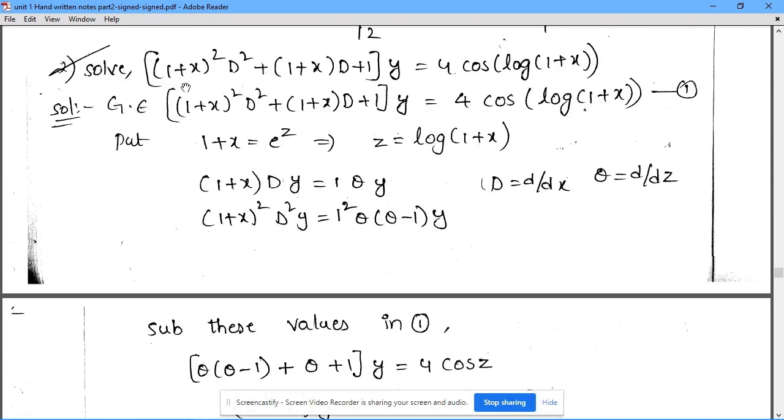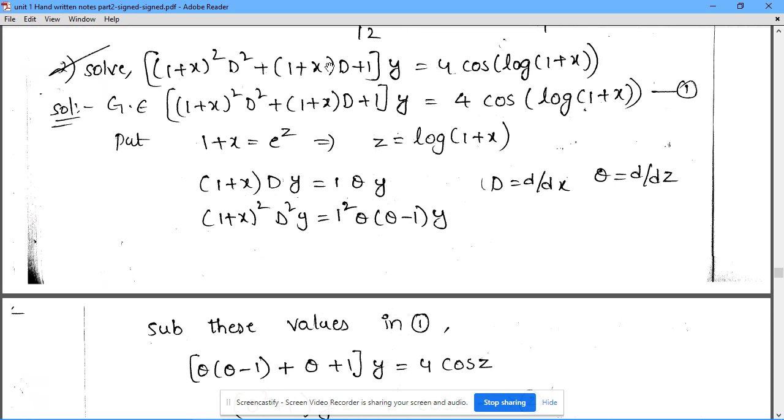Solve (1 plus x) whole square d square y plus (1 plus x) dy plus y equals 4 cos of log of (1 plus x). Clearly the given equation has the common expression 1 plus x, so the given equation is a Legendre's differential equation. Now we can solve this Legendre's equation by reducing it into a linear differential equation with constant coefficients by